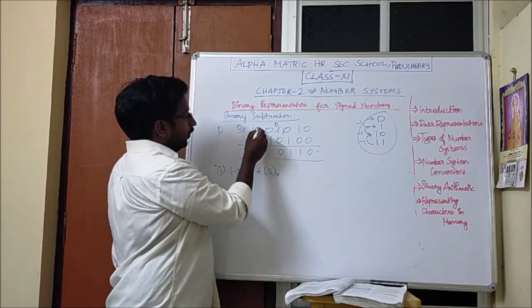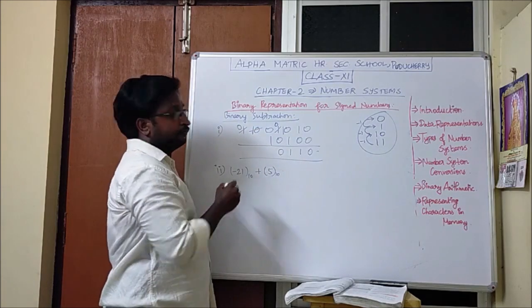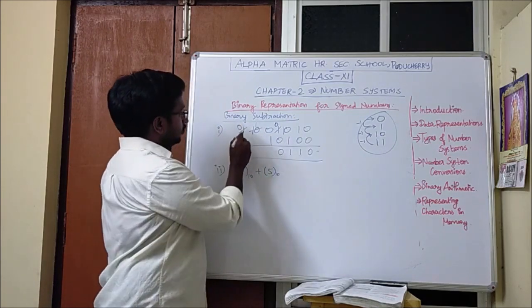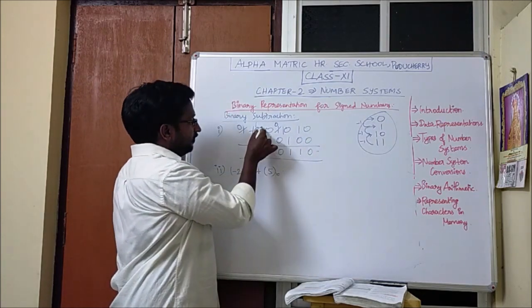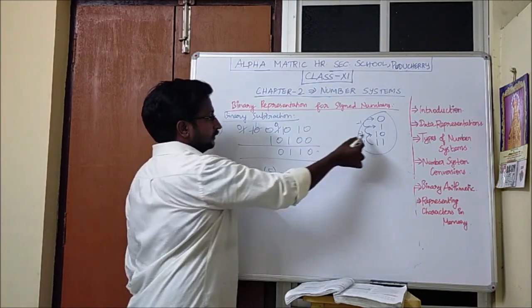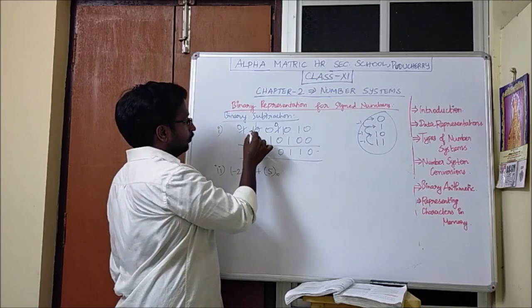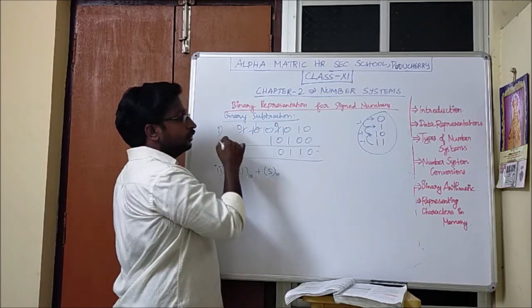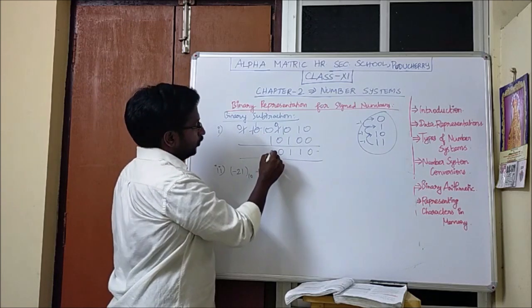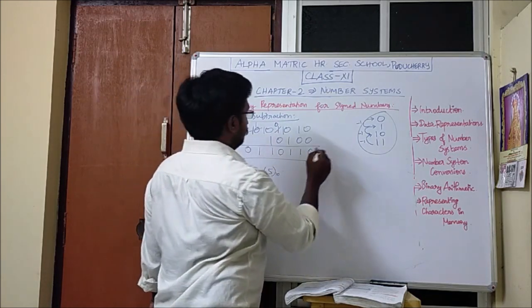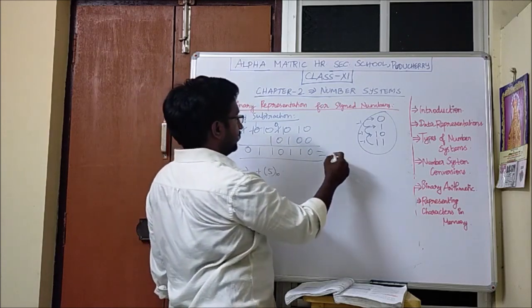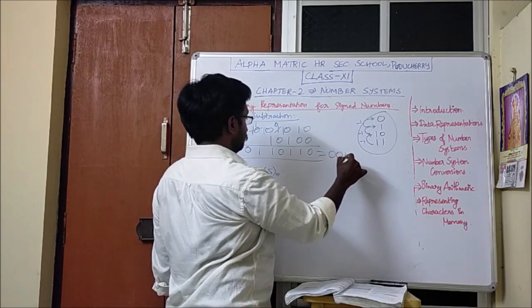Here, after cancelling this 10, it becomes 1, because when we cancel 1, the previous number is 0. Here, when we cancel 10, the previous number is 1. So you have to be careful while borrowing. So 10 minus 1 is 1, and here the remaining one is 0. So totally, we have 7 digits, by adding 1 0,